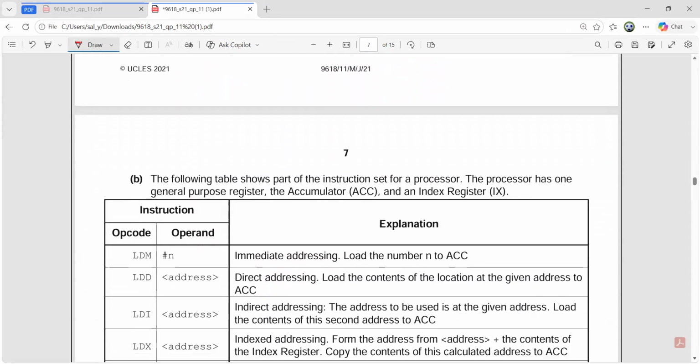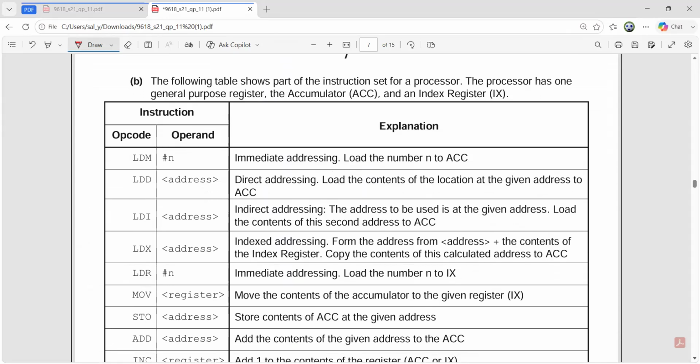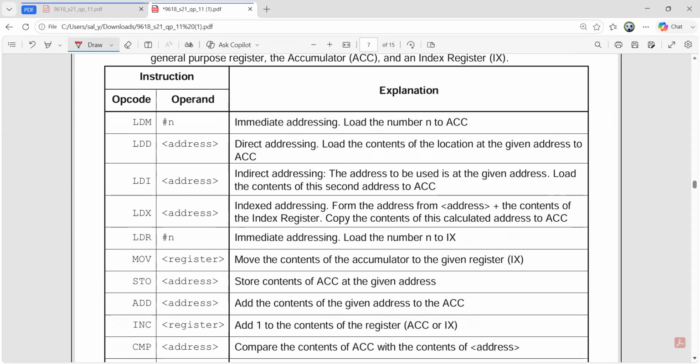Now, question number 3 continues with part B. The following table shows parts of the instruction set for a processor. The processor has one general purpose register, the accumulator, and an index register, IX. Now, these are the instructions: LDM #n, immediate addressing; LDD, direct addressing; LDI, indirect addressing. Then we have LDX, which is for index addressing, and LDR, then MOV, STO, ADD, then INC, increase,